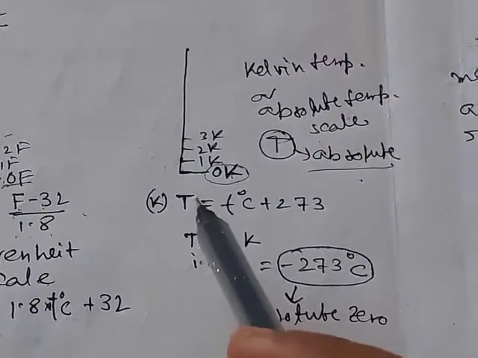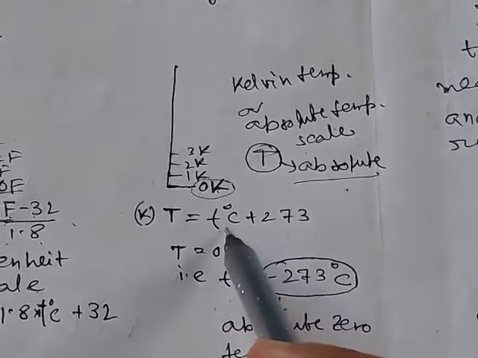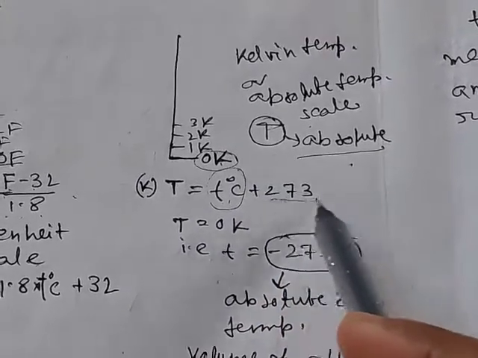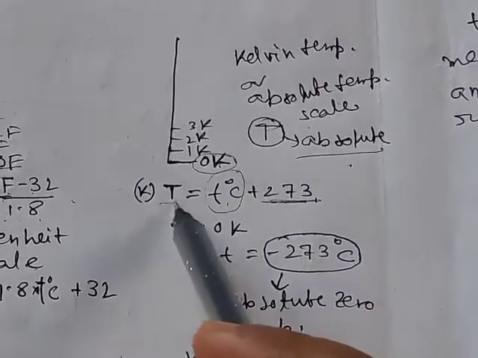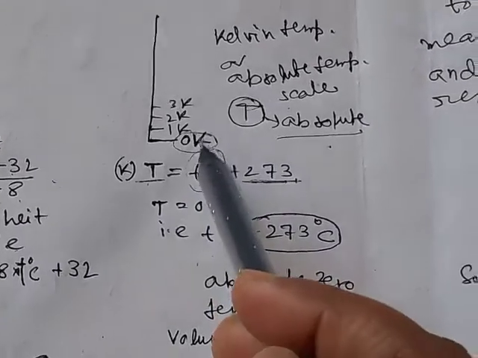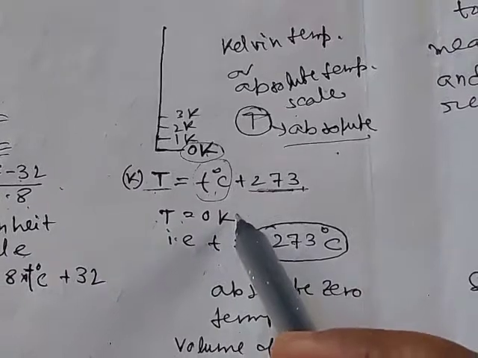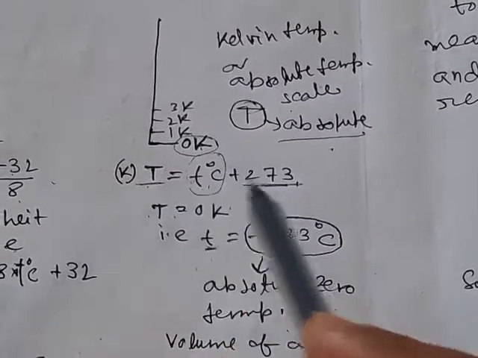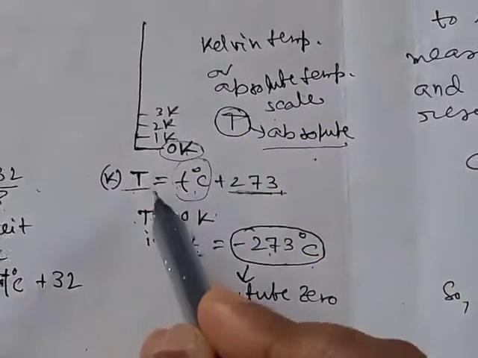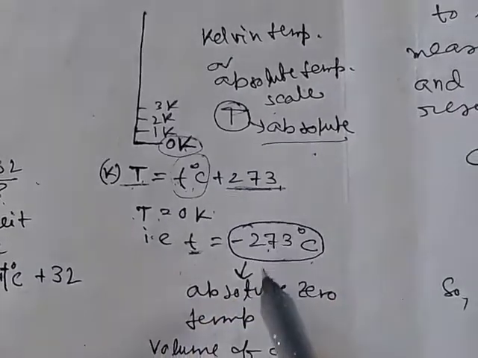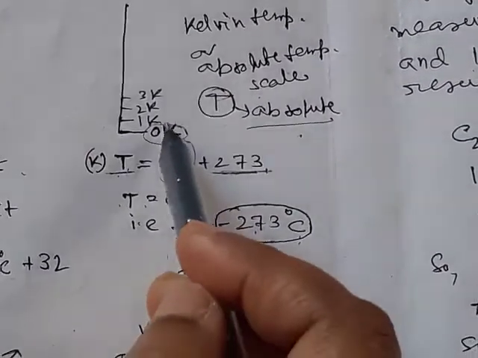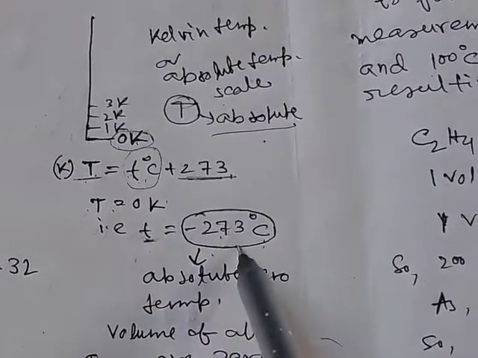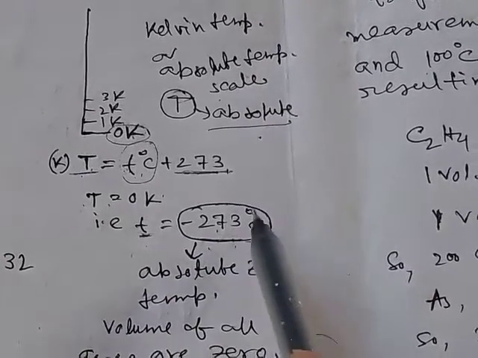Now here the relation is T Kelvin is equal to T degree centigrade plus 273. That is, with the degree Celsius temperature, if we add 273, then we will get the Kelvin temperature. So when T is equal to 0, that is at 0 Kelvin, the temperature in degree Celsius is T is equal to minus 273. We put here 0, then T is equal to minus 273 degree. So 0 Kelvin will be obtained when we put the temperature in degree Celsius scale, that is minus 273 degree